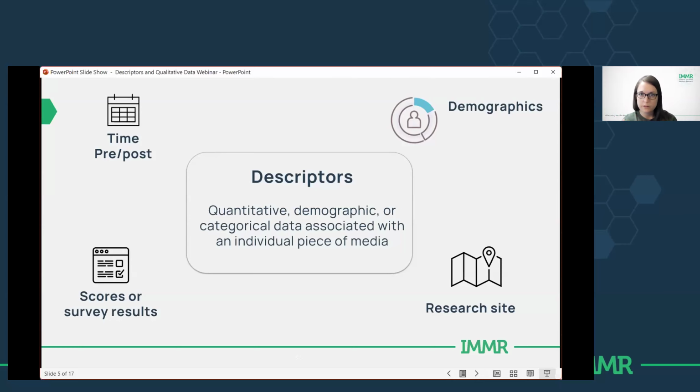Perhaps you have a research site that you want to compare or do any relational analysis on. Also, any quant data, any survey data, any Likert scale questions, all of those would be categorized as descriptors as well. Time, pre-post study, that would be another great example of a descriptor.